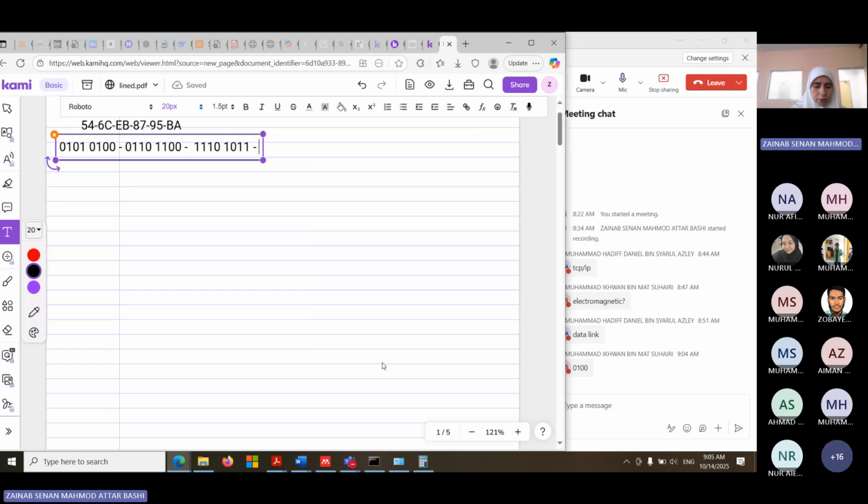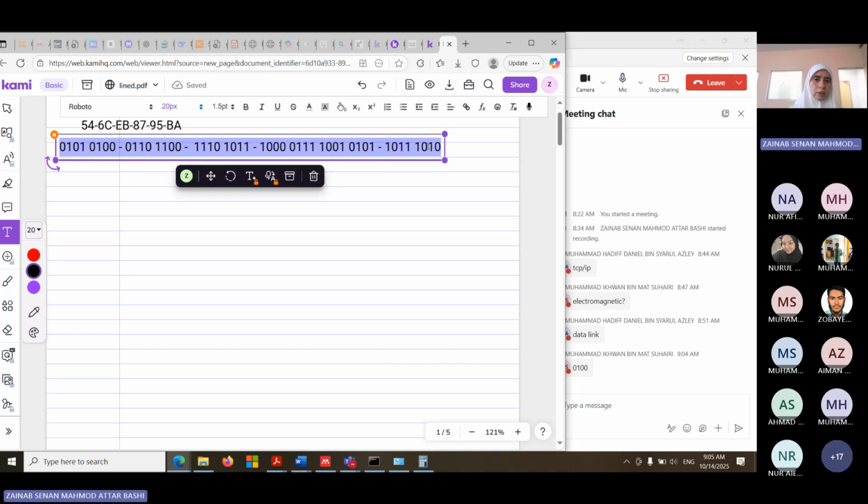For B, it will be 1011. In time, you will get used to them, especially some numbers, we use them a lot. That's why we remember them easily. 9 will be 1001. 5 will be 0101. B again, 1011. A is 1010. Okay, so you can see this is what the machine understands. As a human being, if I ask you, please give me your MAC address, saying this one, it will cause a lot of errors, right?